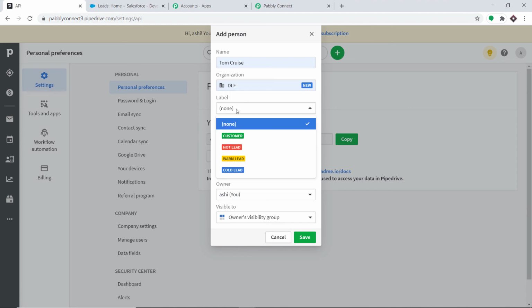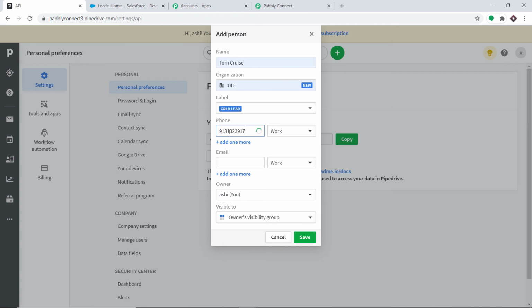The label we are keeping as cold lead. This is the phone number 9131 3239397, and this is the email. We have made some changes in case the lead called Tom Cruiser is already present.